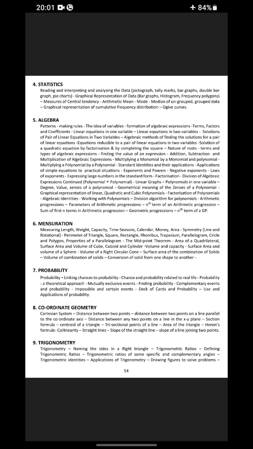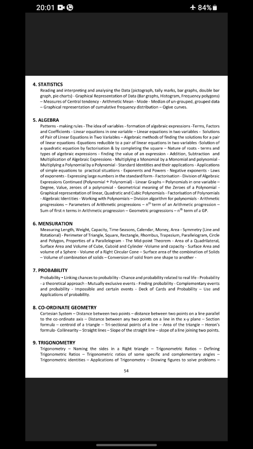measuring length, width, weight, capacity, time, seasons, calendar, money, area, symmetry, line and rotational, perimeter of triangle, square, rectangle, rhombus, trapezium, parallelogram, circle and polygon, properties of a polygon, the midpoint theorem, area of a quadrilateral, surface area and volume of a cuboid and cylinder, volume and capacity, surface area and volume of a sphere, volume of a right circular cone, surface area of a combination of solids, volume of a combination of solids, conversion of solid from one shape